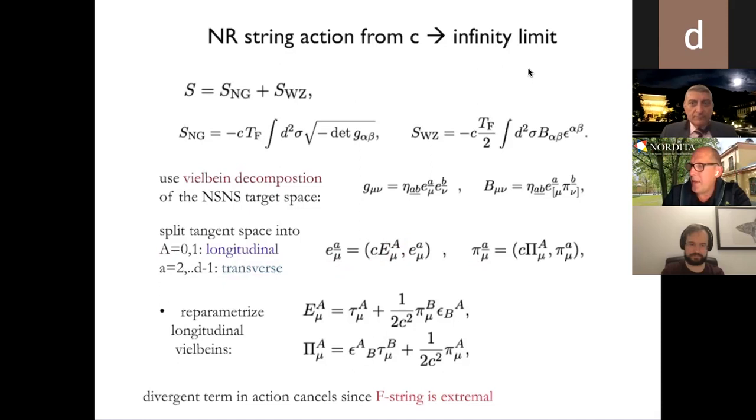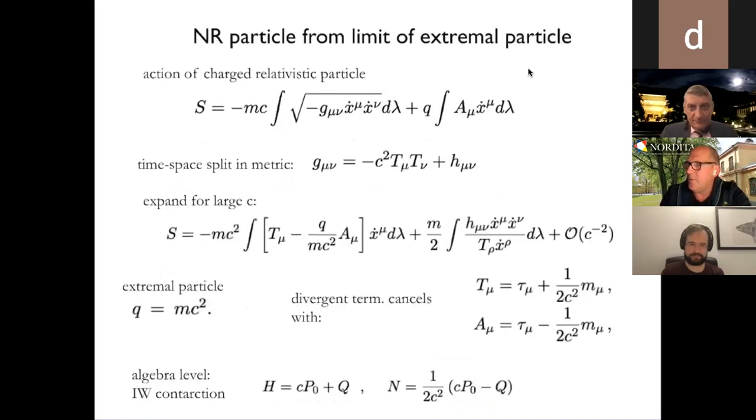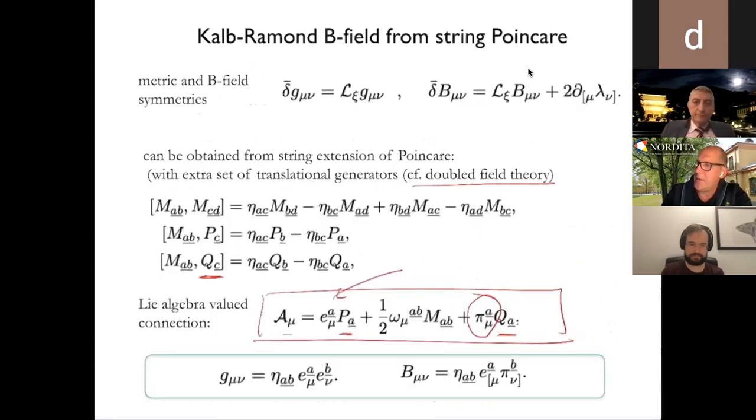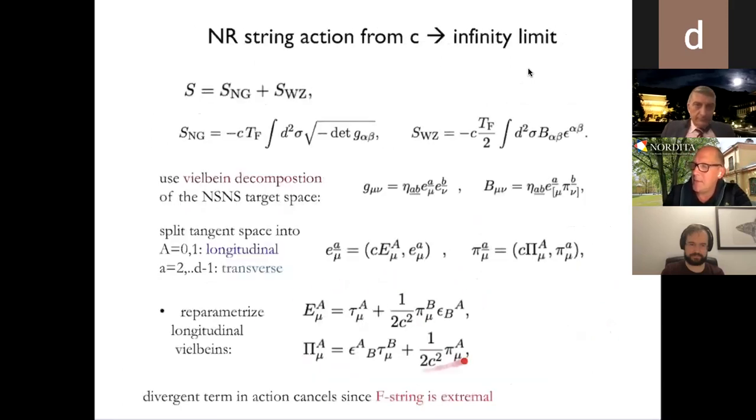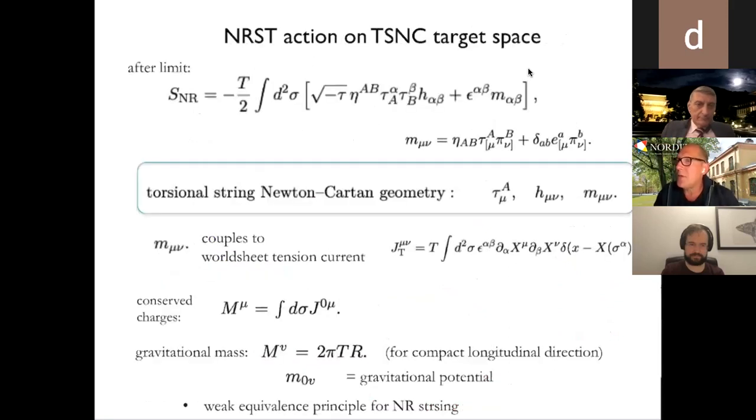And okay, we're going to mimic this redefinition of the time-like vielbein here, and the gauge field here. We're going to mimic that here now in a two-dimensional way, because remember A goes from 0 to 1. And again, if you do that, you find a similar type of cancellation. This has been noticed also before. It's nothing new, because the string is extremal. But what you're left with is the following action.